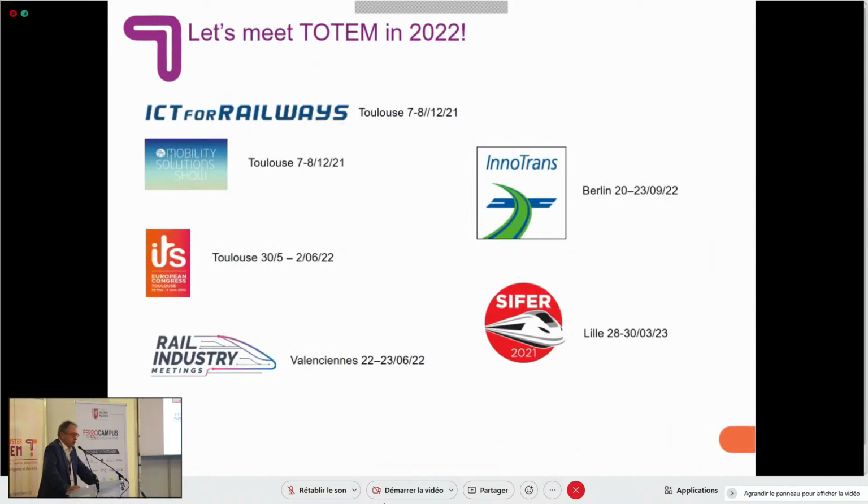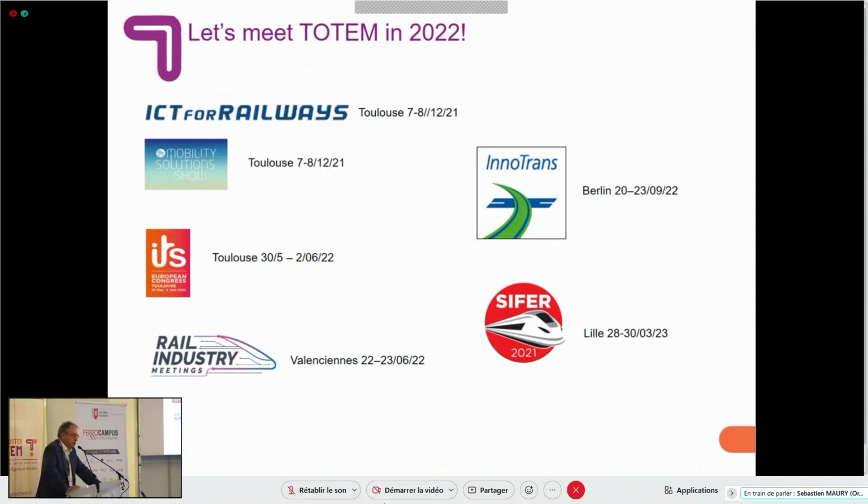Totem, what is its action? In fact, we developed several solutions. We organized meetings, several events with big players, but it's very important to meet small and medium companies with the big players. And in fact, at the end, of course, we participate in the main events, exhibitions, and so on for railway sectors. For example, ICT for Railways today, but ITS in Toulouse in next May,